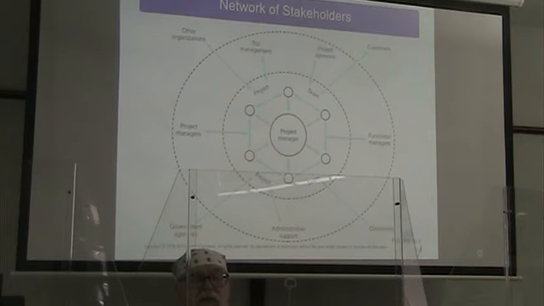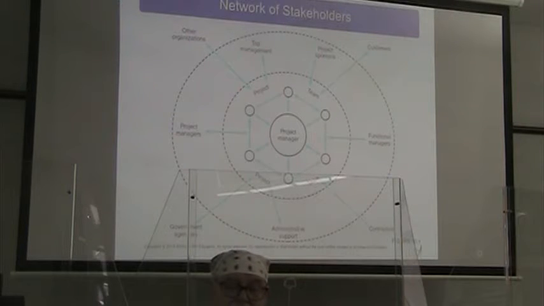But we're going to have relationships that go outside the team, even outside our organization. So you're going to have relationships with other project managers. You're going to have relationships with functional managers. You're going to have relationships with project sponsors